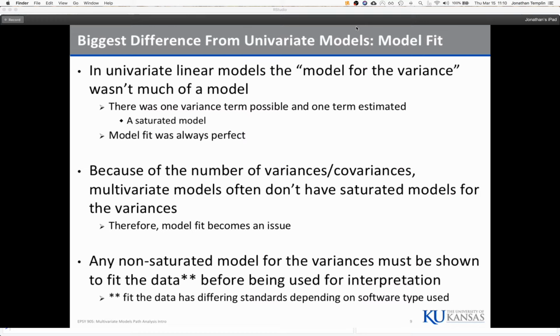So in univariate linear models, you remember the model for the variance. That was really given by, so if we had y equals beta 0 plus beta 1 x plus e, and we said that e followed a normal distribution with a mean of 0 and the variance is sigma squared e. This term right here we often called the model for the variance. Well, it turns out with one outcome, there's only one variance. This is what we call a saturated model. There's only one value it can take, and we have one parameter for one variance. It's going to fit